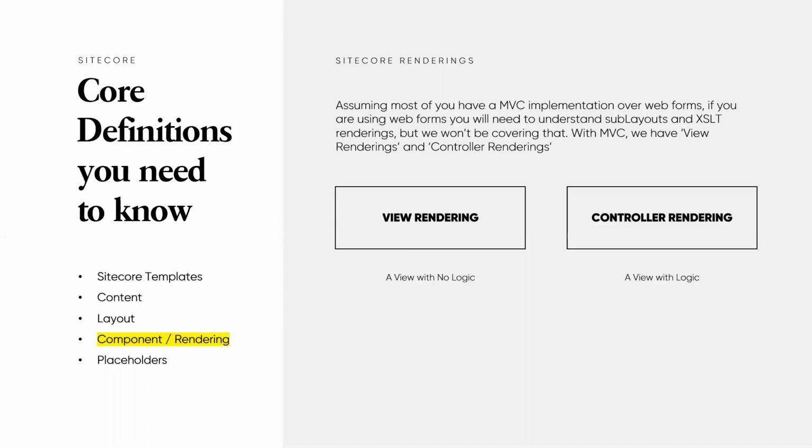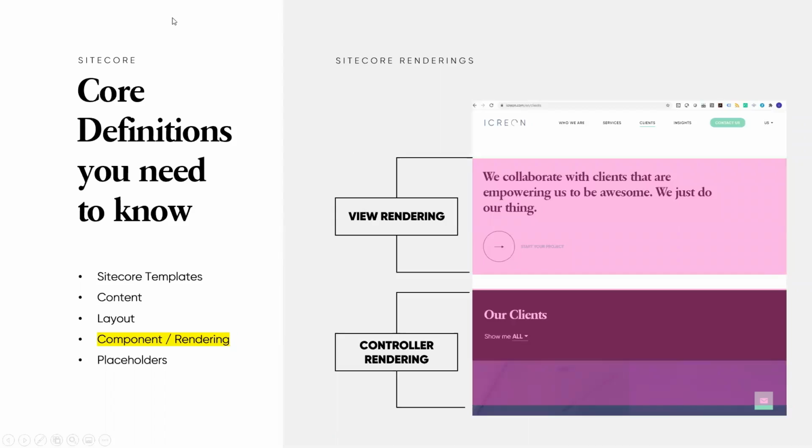When it comes to doing some cool stuff with Sitecore as a marketer that doesn't want to do any hands-on coding, you want to play with view renderings, because your controller renderings are accessing controllers that are driving logic within the system. So for a case in point example, this is our Icreon website. This is a page called clients. I've got this headline up here, and I've got this section down here below. This top piece here is a view rendering. I've got a headline, I've got a call to action. If I wanted to change the background color or change the font color, or if I wanted to turn this circle into a square, using CSS, I can make all those edits